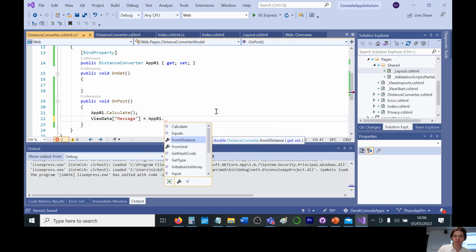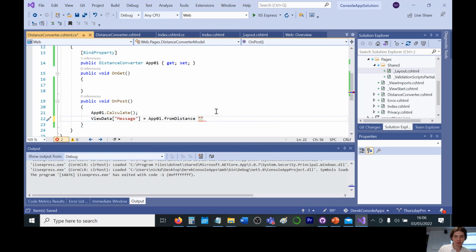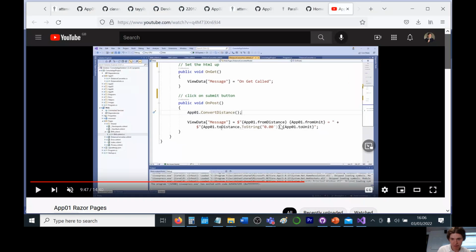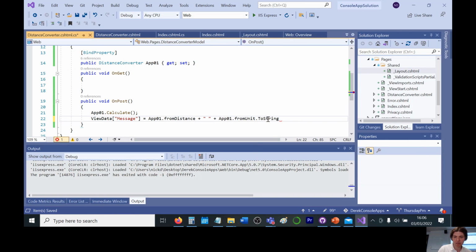Let's say from distance, formatting here using the concatenation, and then at 01 units. Can we get this? I don't know if that's going to... Will it display? Can we get toString? Let's try toString. Yes. And then it's so from distance. So that should read something like 10 miles, and then we just need to concatenate this with something like is